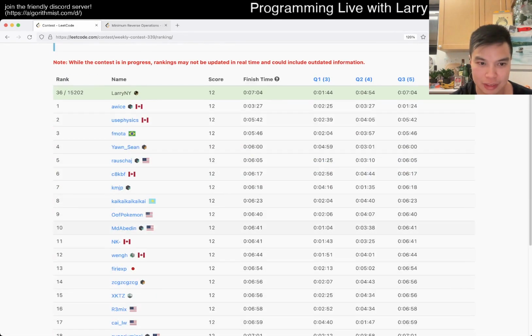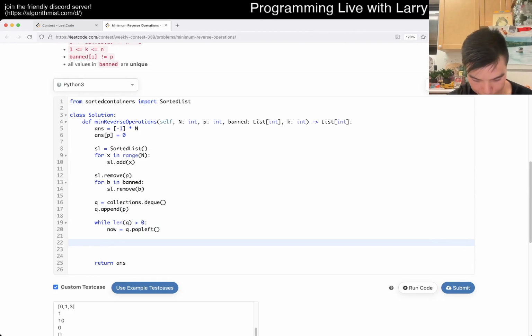Has anyone gotten it yet? So the left you can go is you go to the max of 0, and then now minus k plus 1, or yeah, but if we're too close to the right, then we have to clamp. So that means that if we're n minus now,